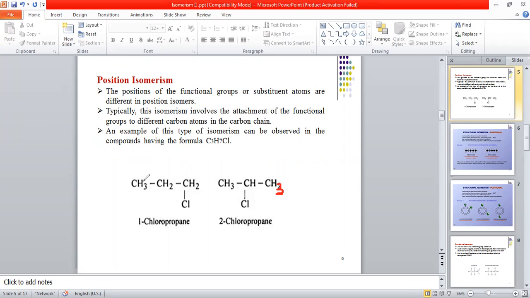Now you can see how many hydrogen, how many carbon atoms are there? 3. Hydrogen atoms are 3, 4, 5, 6, 7. And here 3, 4, 5, 6, 7. Now it is clear. Okay. So please correct it if you are writing this example. Here again, like those slides, the molecular formula should be the same, C3H7Cl, but there should be a difference only in the position. Here it is found at the second number, and here it is found at the first number. Okay, so please correct it. Here it should be only 3.